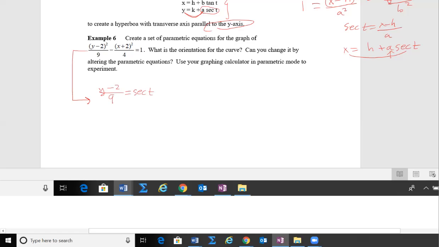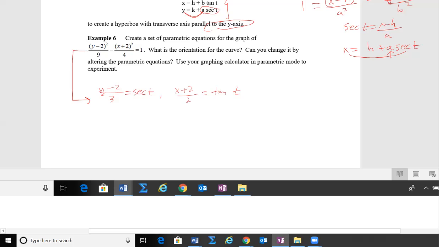In fact, it's not a 9, it's a 3. Sorry about that. Okay, so if I let that happen, and then let the x plus 2 over 2 be equal to the tangent,